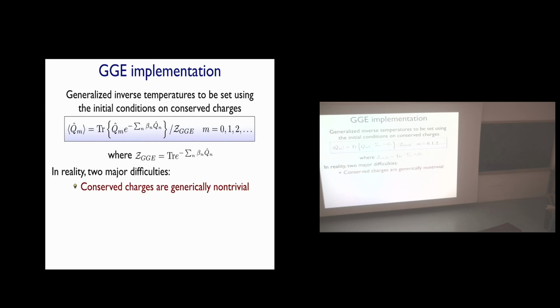Well, first of all, the conserved charges themselves, I kind of showed you some of them, but not really many of them. In most interesting models with truly interacting systems, these charges are monstrous beasts. They're very difficult to handle. It's very difficult to compute expectation values on generic states. That's the first problem. The second problem is that this self-consistency problem is difficult to solve.